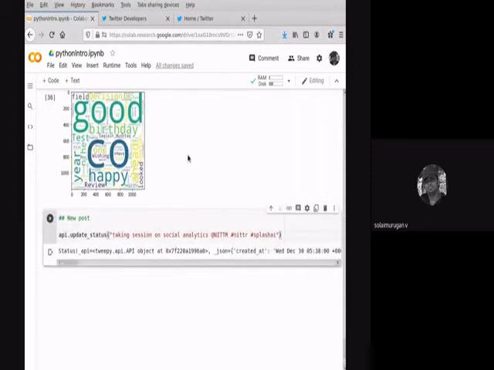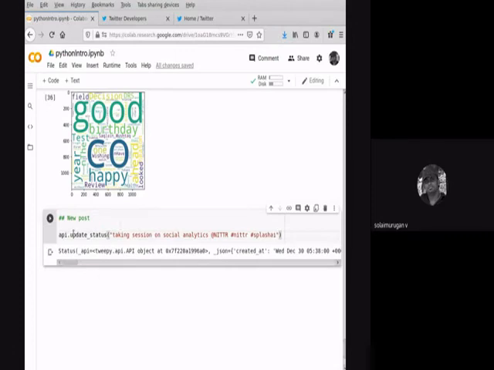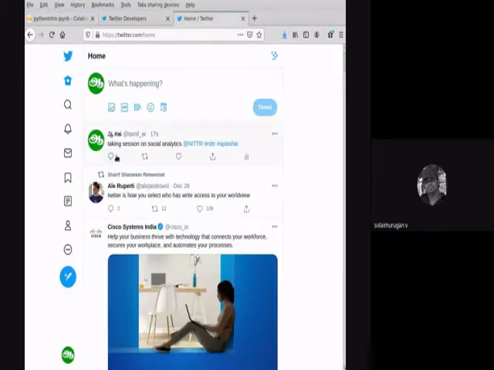Yes. Now I have not typed anything on Twitter. I just posted a tweet by using this function. So now I got a new tweet here.